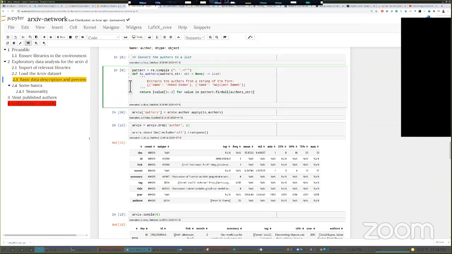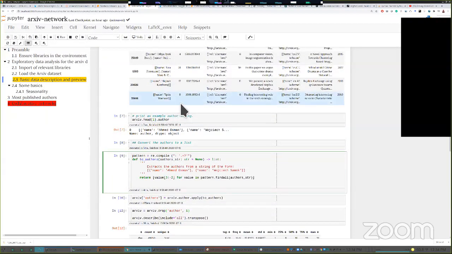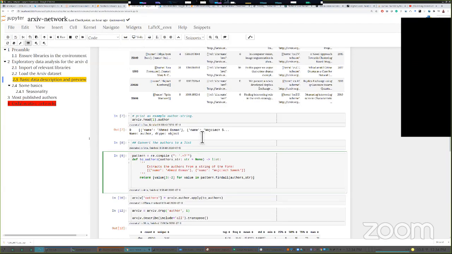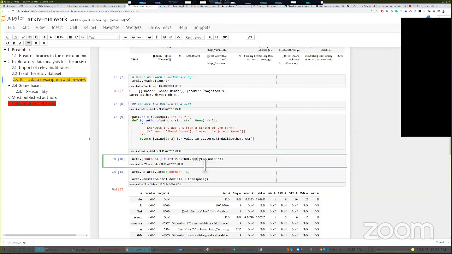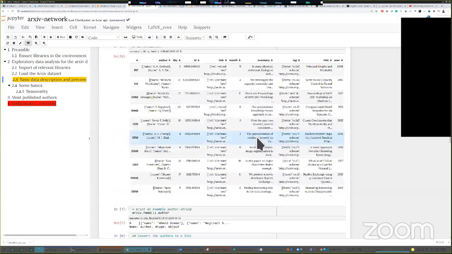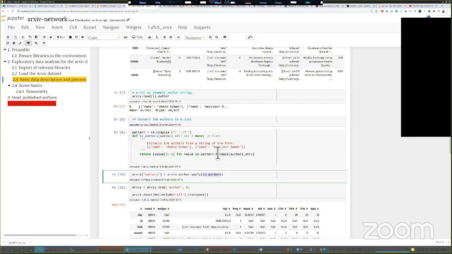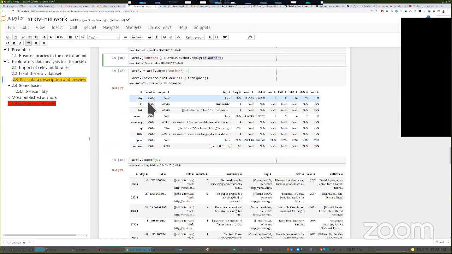Now I have a function and I can apply it to every row in the archive data set. You see that this data frame I called archive, isn't it? In this archive's author column, I transform every value of the author column by this function to authors. So what will happen is the author column will now be replaced by a list of authors, isn't it? And we can see that. If you notice, we now have authors. And then once we have that, we don't need the author column anymore. We can just drop it, and then we have this.